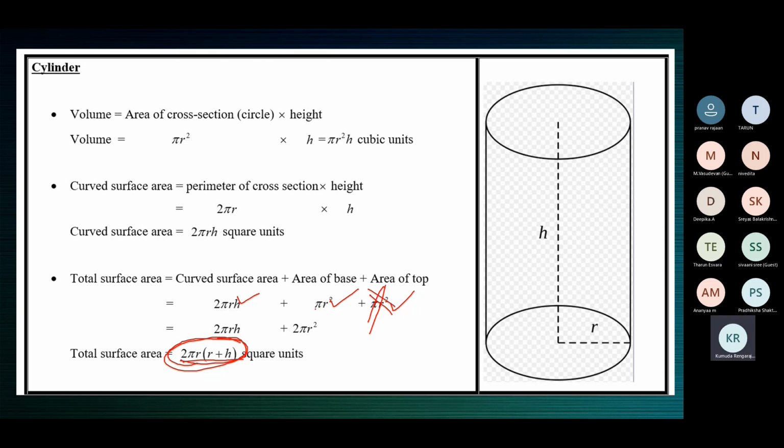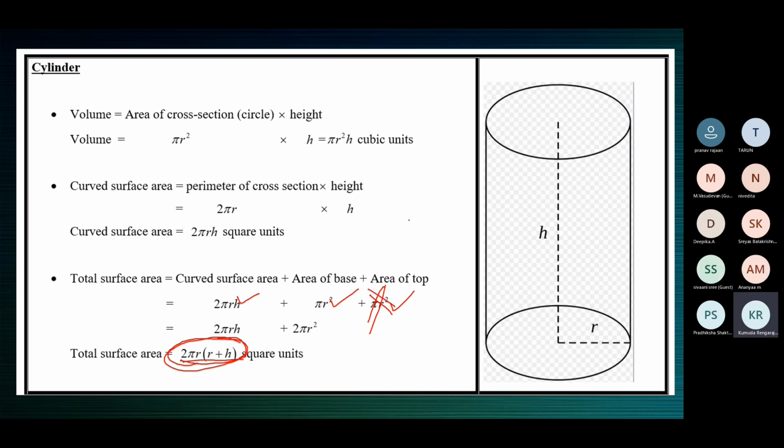Now there is a cylinder like the pipes which are used for plumbing purpose. Pipes, not taps. I'm not saying taps. Sometimes taps are mentioned as pipes. No, I'm not saying taps. Plumbing pipes. So those pipes are open at both ends. The term pipe itself refers to a cylinder which is open at both ends. Remember that.